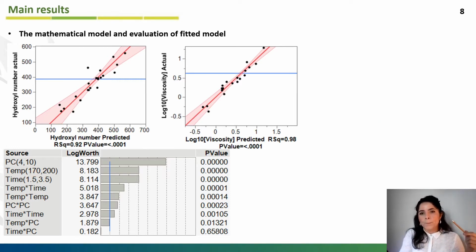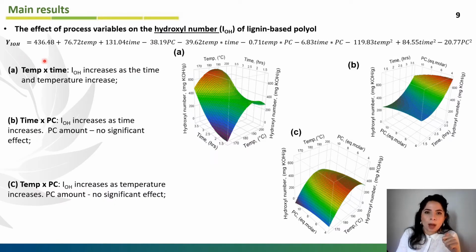So let's move on. From the 3D plots, we can see the interaction between process variables and how they affect the responses. Let's see what we found for hydroxyl number. In plot A, we have the interaction between temperature and time, and we can observe that as temperature and time increase, the hydroxyl number increases as well. The red surface has higher values for hydroxyl number, and the blue surface has low values